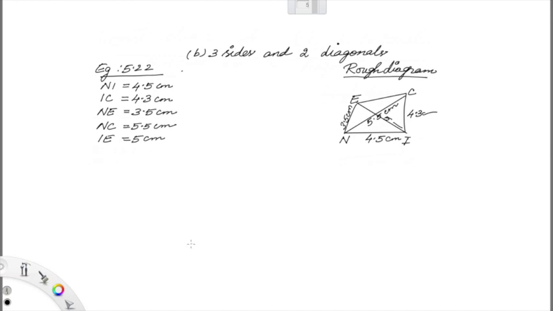Now you draw the segment NI of 4.5 centimeter. Take your compass. Which part shall we construct now? Shall we find the point C? Yes. So take 4.3 centimeter in your compass, place your compass at I, and cut the arc of 4.3 centimeter. Then measure the compass by 5.5 centimeter and place your compass at N, at the previous arc. Are you getting like this?